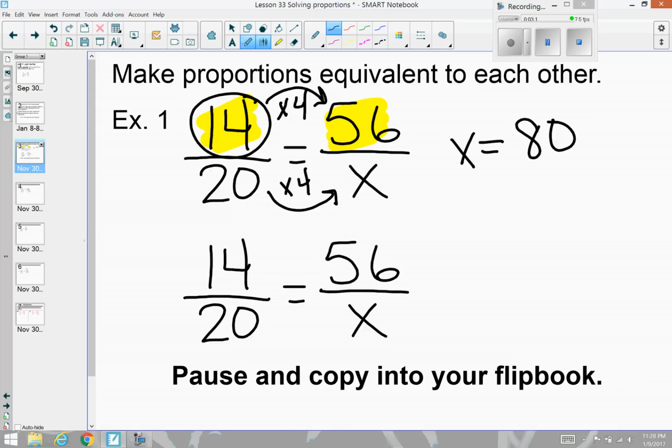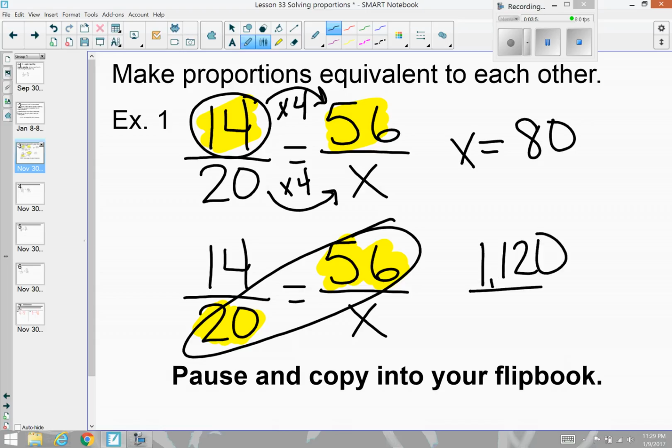The second method might be easier for some people to understand, and it will work every single time. In this case, we're going to look for opposite values that are given. In this case, it's 20 and 56. So we're using the opposite values that are given, and we're going to multiply those two numbers together. All right, do that with me. 56 times 20, and what will you get? That's right, you're going to get